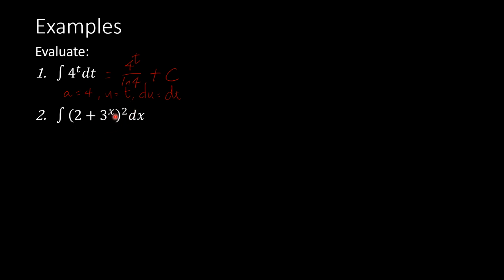So what we will do here is we will expand, and in expanding we will be getting 2 squared, or 4, plus twice the product of 2 and 3 raised to x, so that will be 4 times 3 raised to x, plus 3 raised to x squared, which is equal to 3 raised to 2x, quantity dx. Then we integrate term by term. The integral of 4 dx is 4x